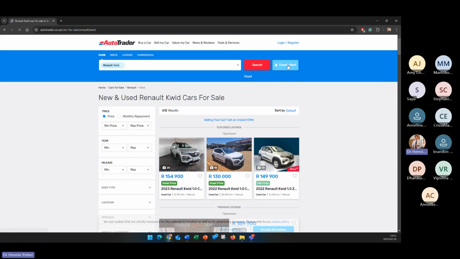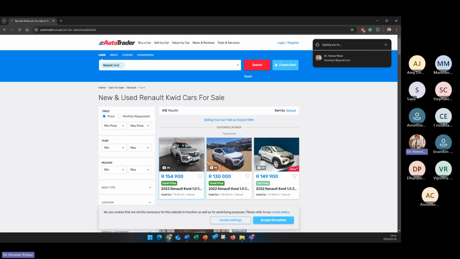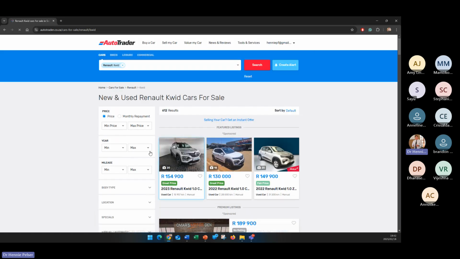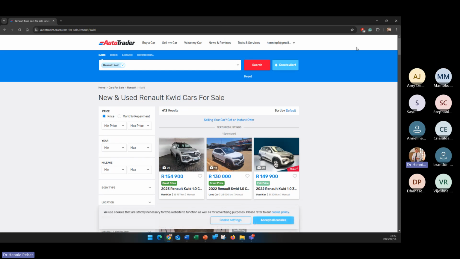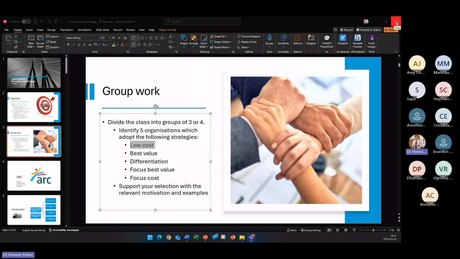If you don't know what they look like, those are them. They look pretty decent. 154,000. I'm not even sure what a good price for an entry-level vehicle is nowadays. Does anyone drive a Renault? I suppose you would have known, you would have given me the answer. Let's just get Anushka back in here. So when we think low cost, it would be your Renault Quid, differentiation, Audi, etc.